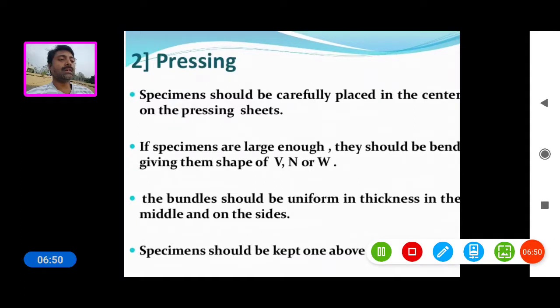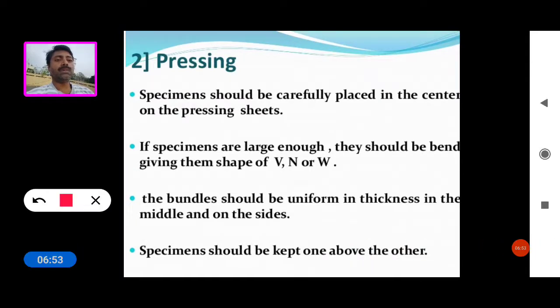So now see the second step in the preparation of herbarium. Second one is the pressing. Specimen should be carefully placed in the center on the pressing sheets.